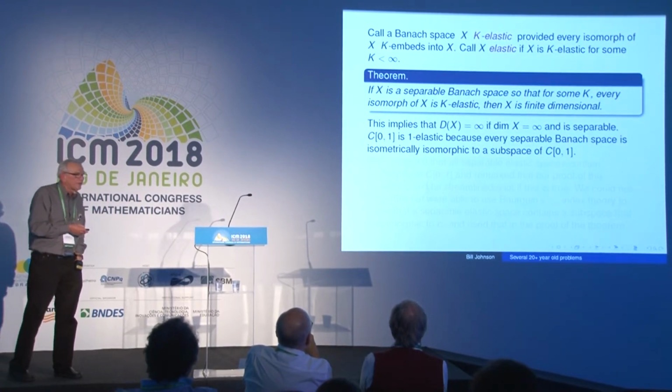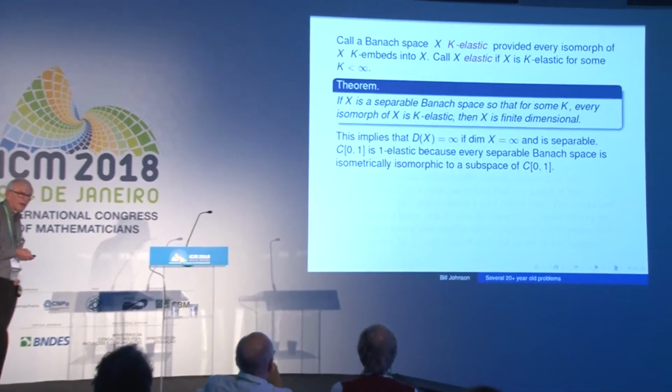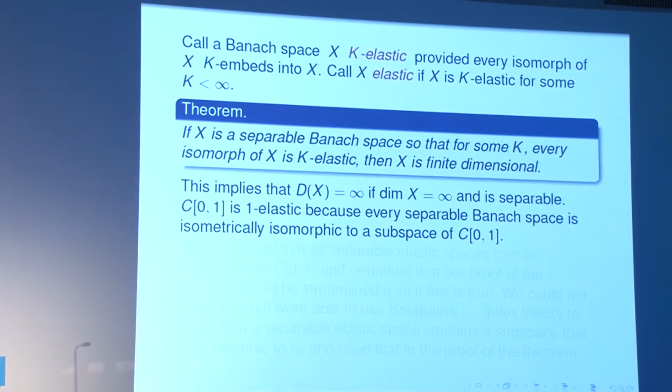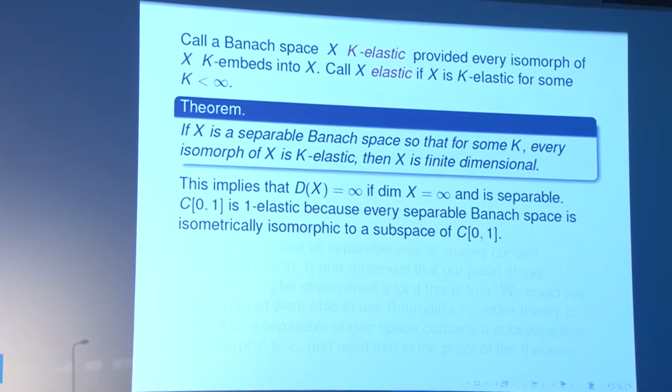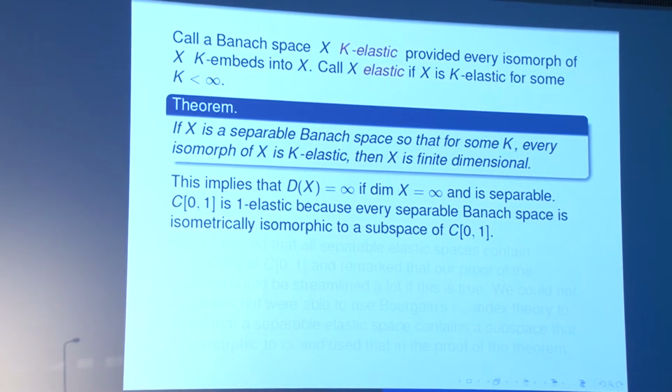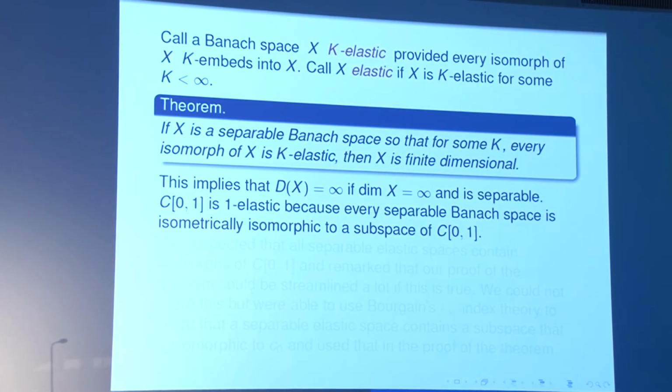Now, what are the examples of elastic Banach spaces? Well, there's a classical one. One of the very early results in Banach space theory, proved in the 1920s by Mazur, a student of Banach, is that the continuous functions on the unit interval is a universal separable Banach space. Every separable Banach space is isometrically isomorphic to a subspace of this one, and therefore this space